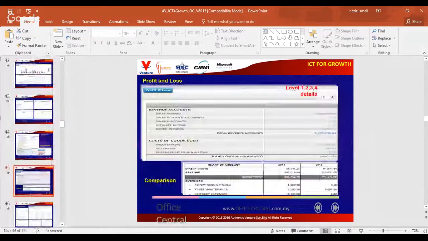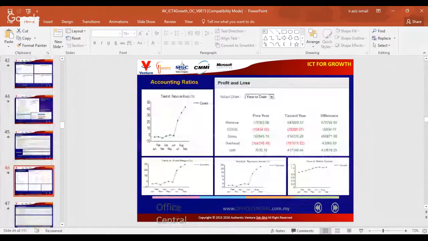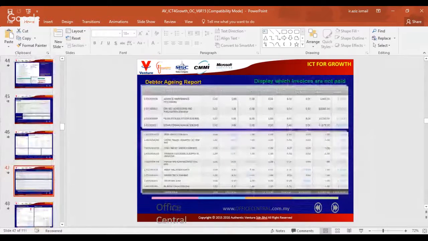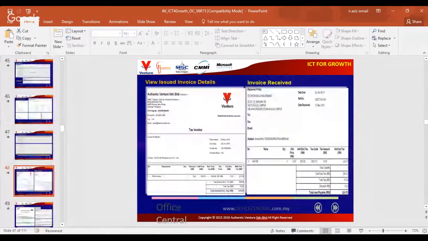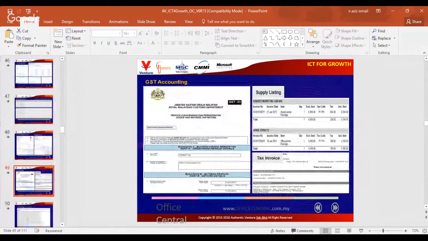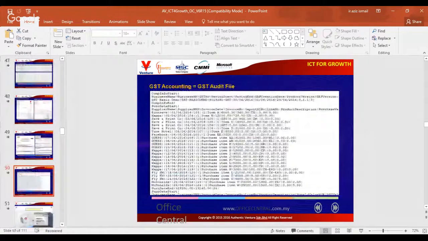The same thing, this is a P&L, this is the accounting ratio, this is the debtor aging, this is the invoices, the GST 03 report, file, and